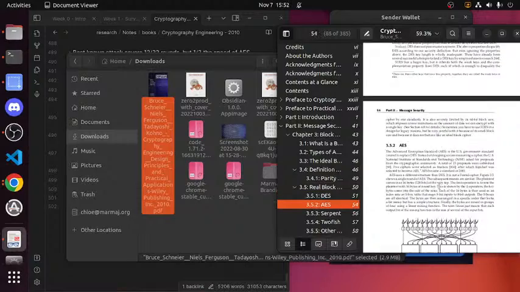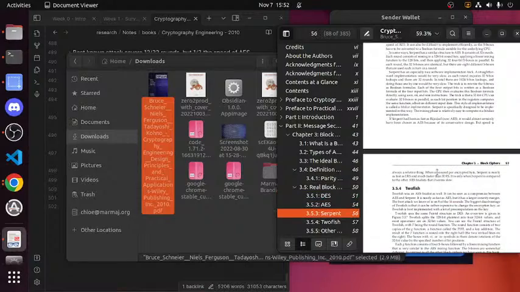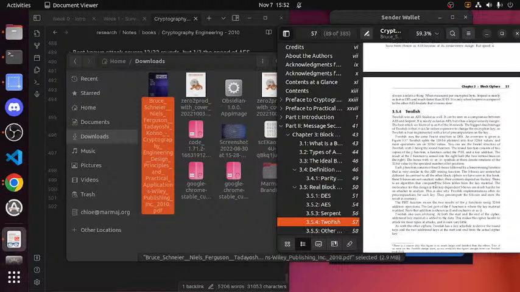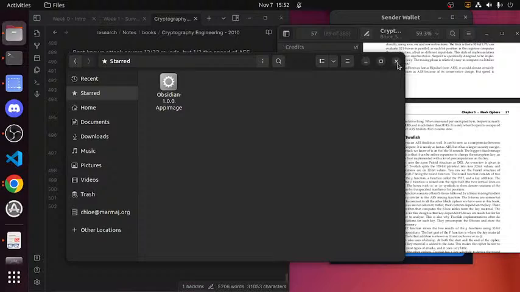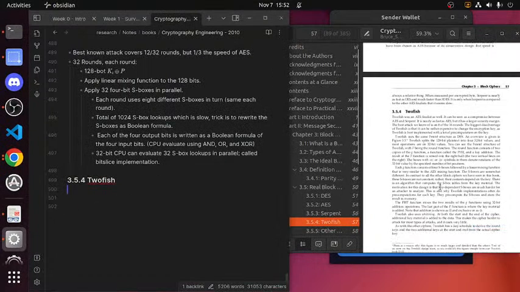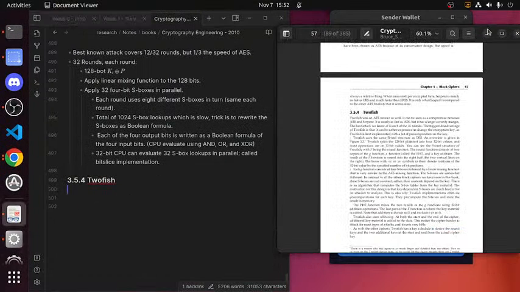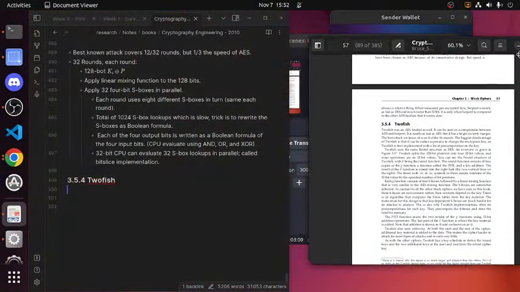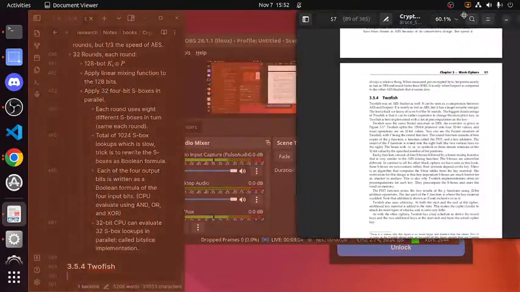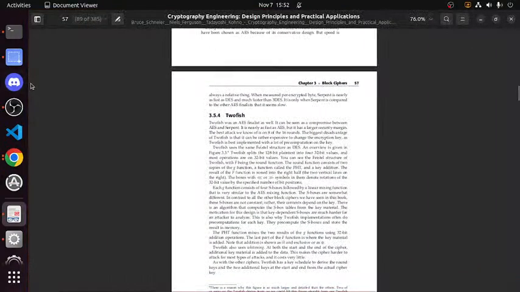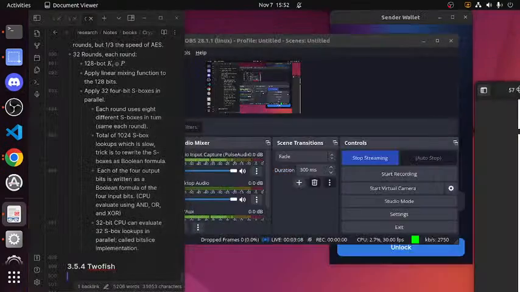We're at Twofish, or not Twofish, Serpent. Which one? Can't remember which one we're currently at. Let's close this and see. We're at Twofish. Wonderful. So I'm going to close this, and maybe now it'll let me. It does not want to let me. Very sad times.